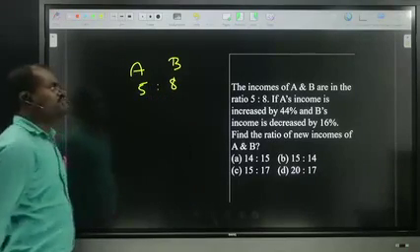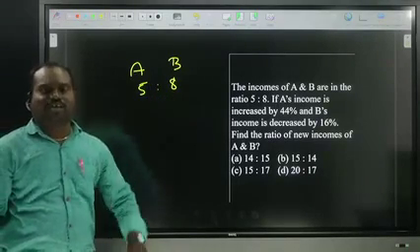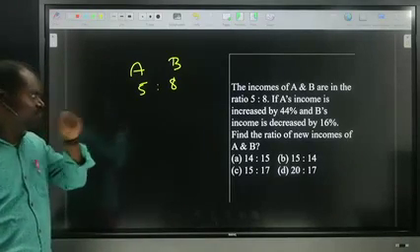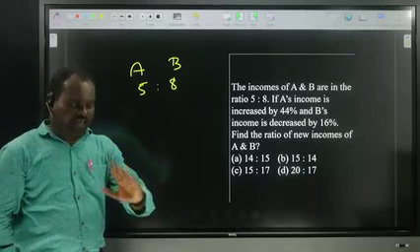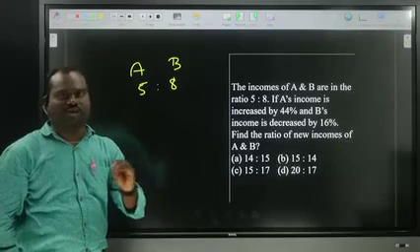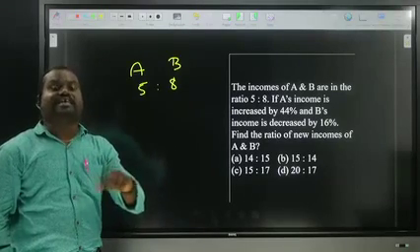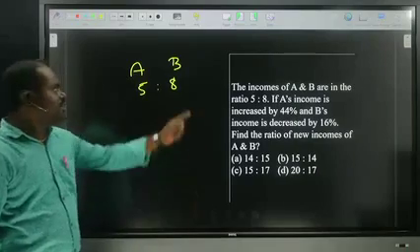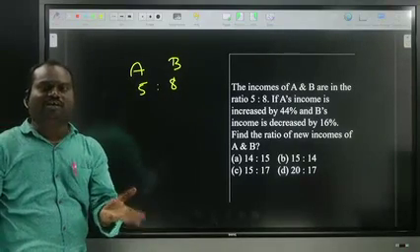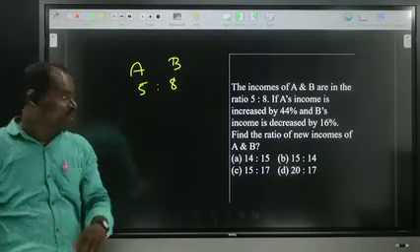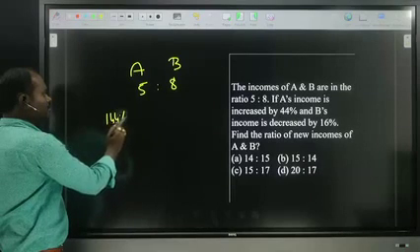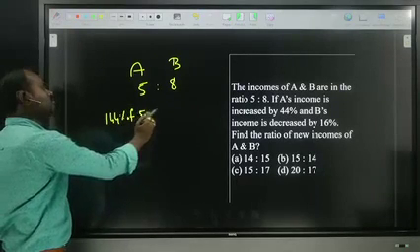What is the income ratio of A and B? 5 is to 8. Generally, any number itself is 100%, whether it is mentioned or not. Income of A increased by 44%. That is itself 100%. If it increases by 44%, it will become 144% of 5, is to